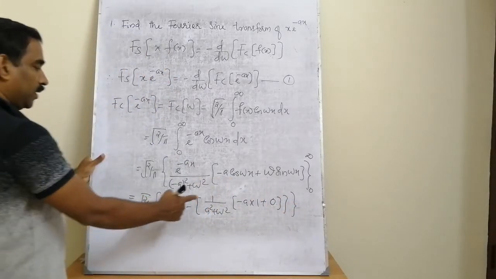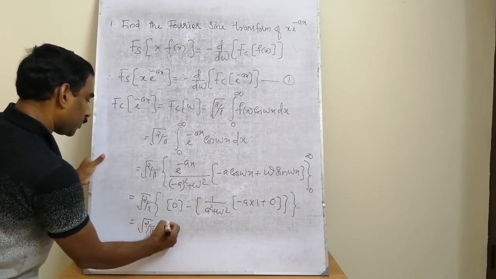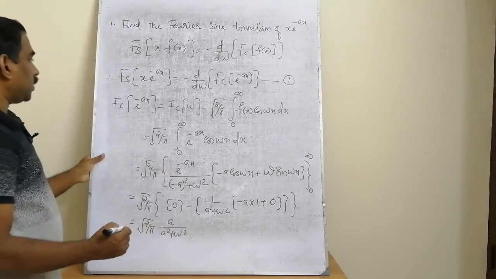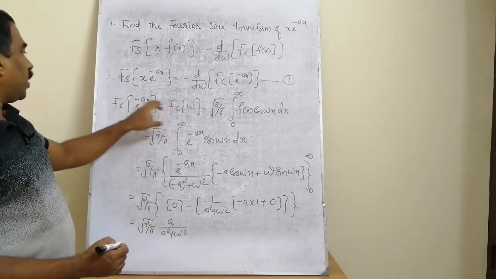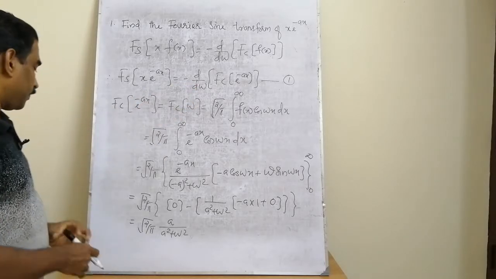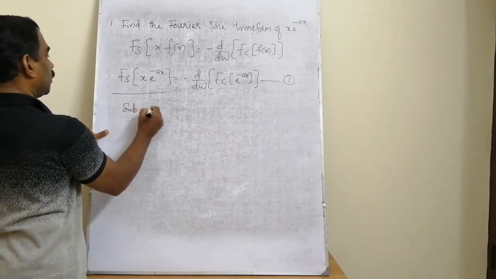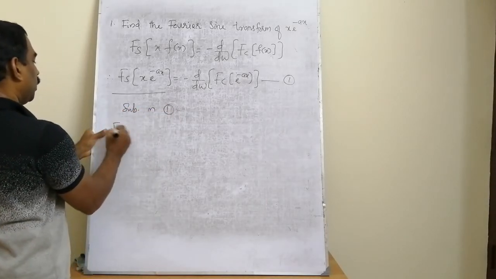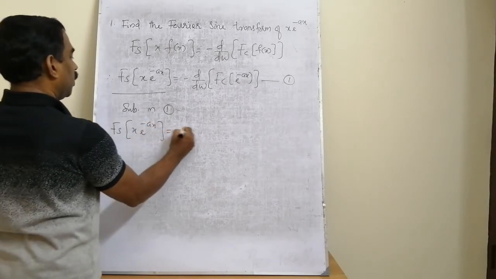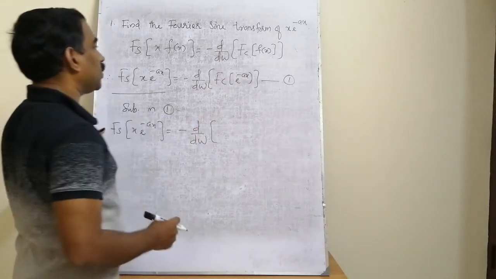On simplification we get this answer as square root of 2 by pi into a by a square plus omega square. So this is the cosine transform, that is Fc(omega), or Fourier cosine transform of e raised to minus ax. Now substituting in equation number 1, the required sine transform of x e raised to minus ax is equal to minus d by d omega of the Fourier cosine transform of e raised to minus ax,